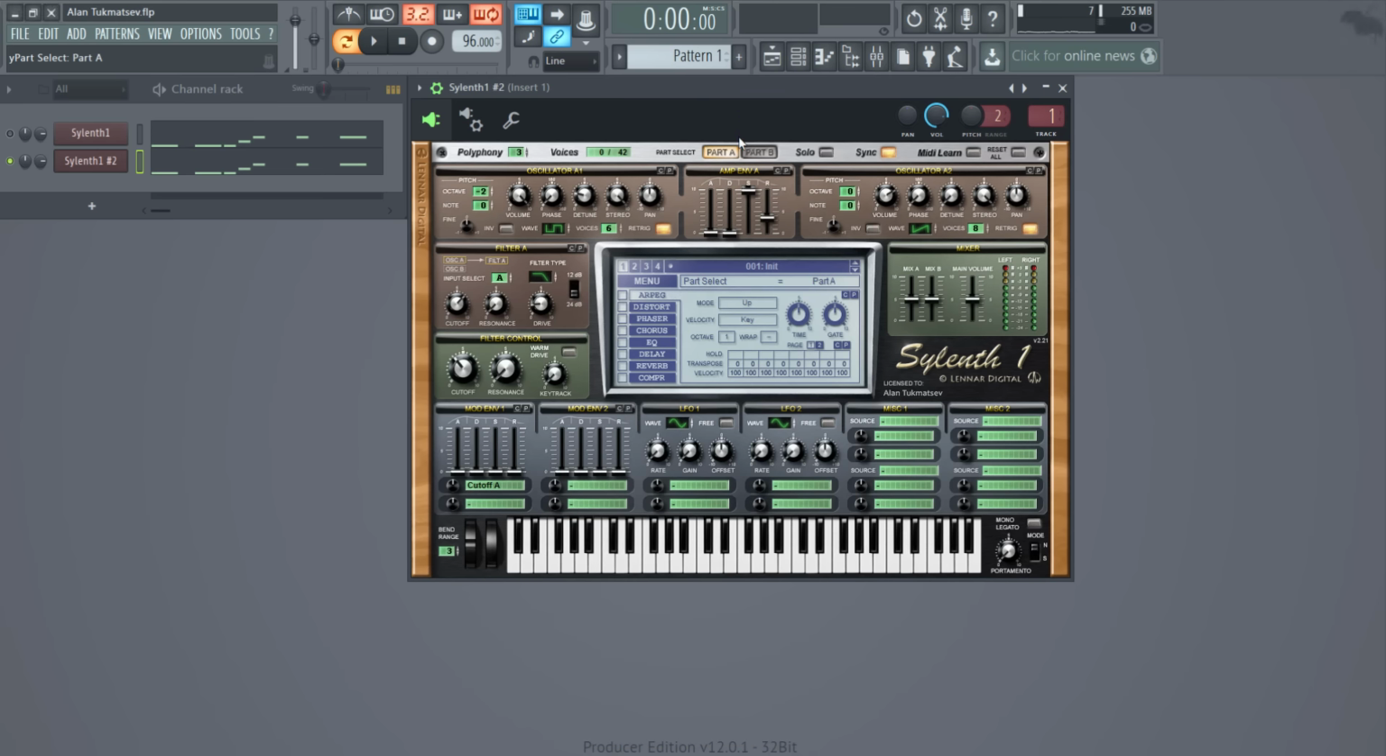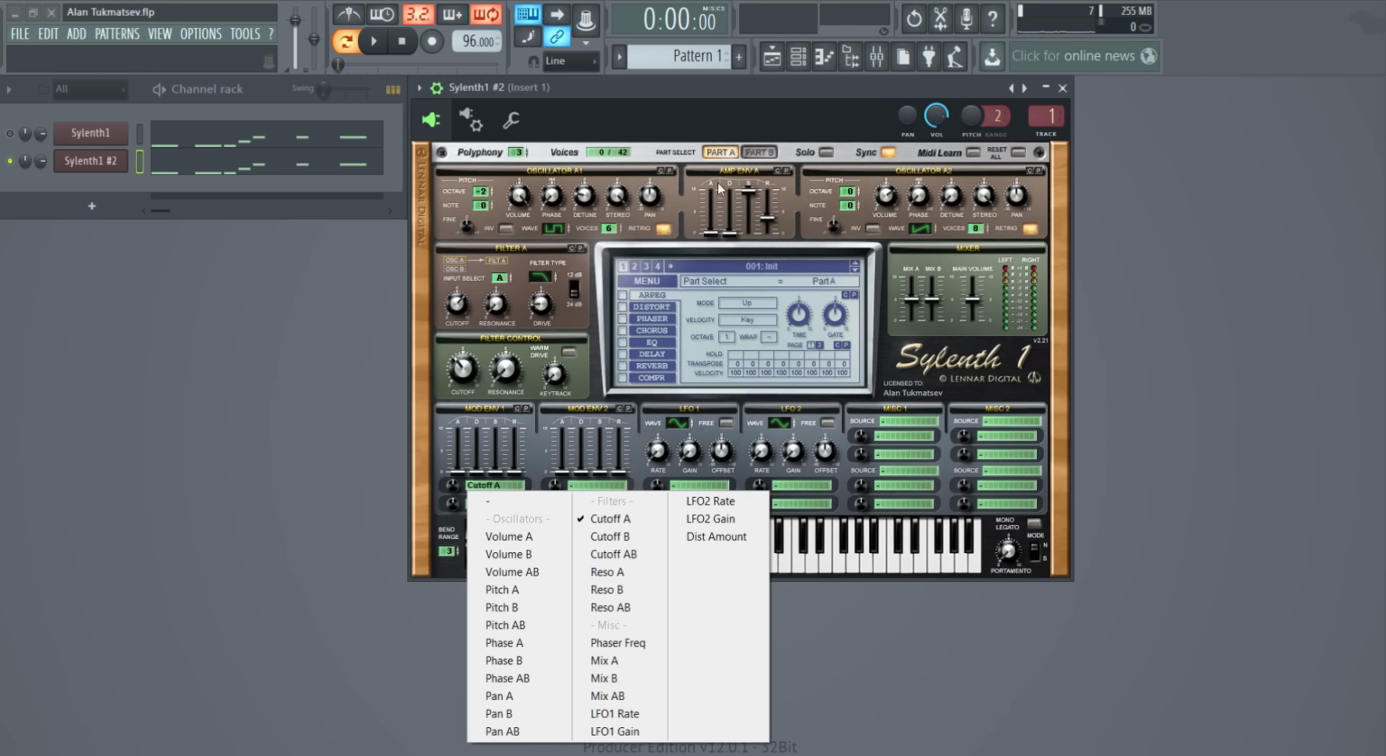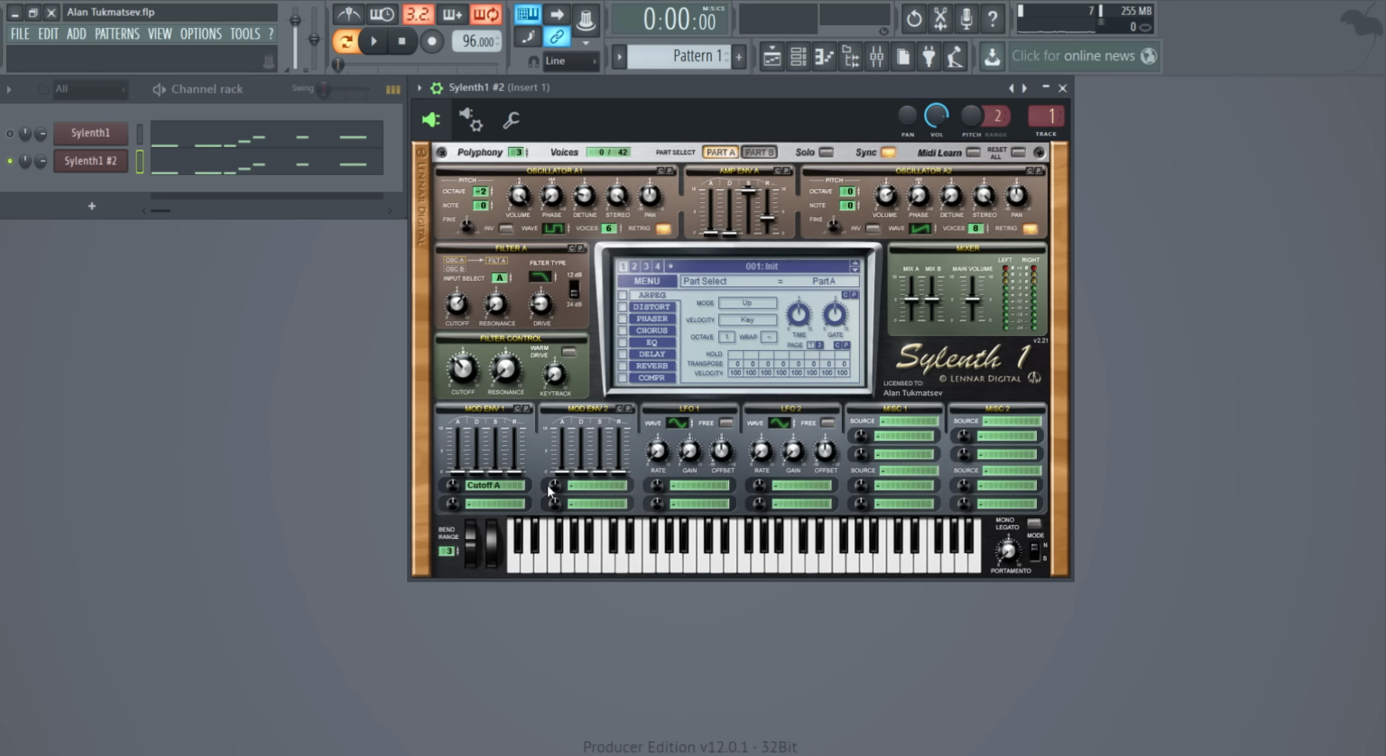But if you, for example, have sounds over here with all of these knobs adjusted, and on part B you have all these knobs adjusted, and when you go to the filtration and you want both templates to be affected, then you just go to cutoff AB, and then both will be filtered. But since we only have part A, we're going to put it to cutoff A, just to let you know. So I turned down the cutoff a little bit,